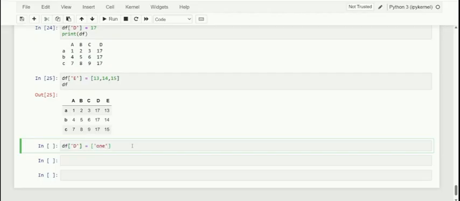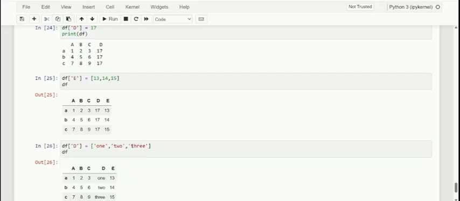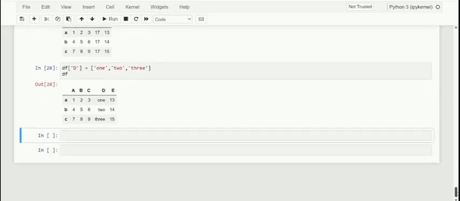I'm just going to give values other than numeric ones. So here I'm just going to make this one, and let me just print the df. So see here, dear friends, how it has been updated with the new elements. You are replacing those already present elements with new ones.